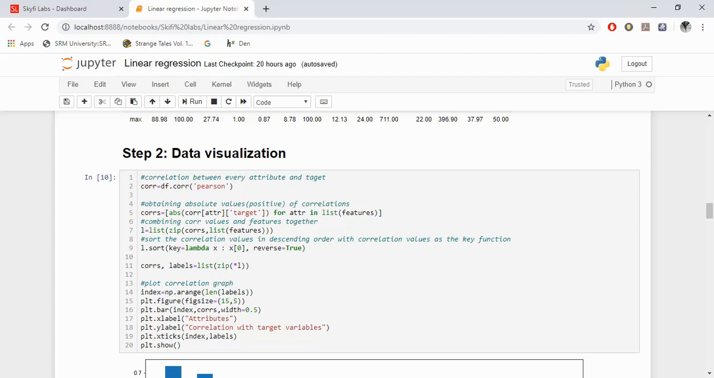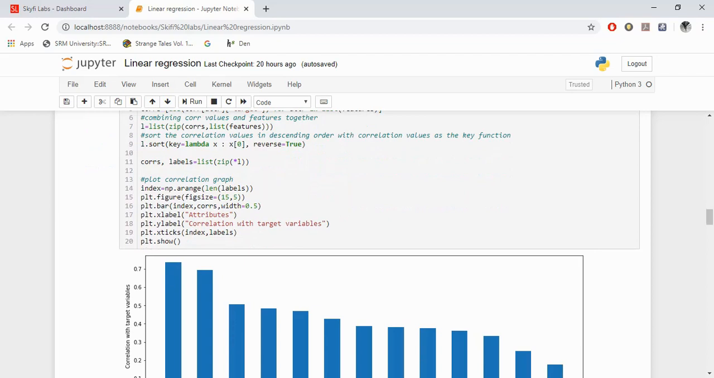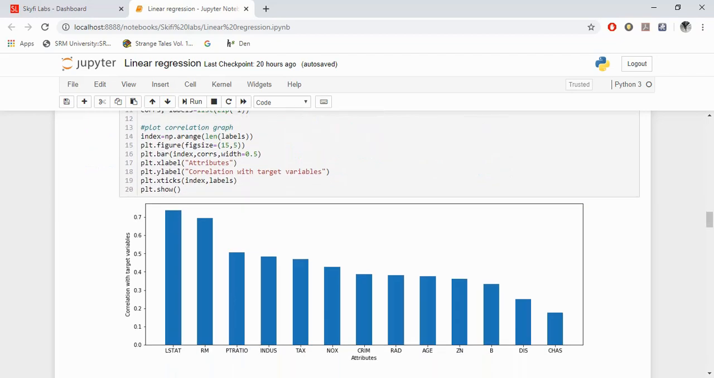We also will obtain absolute values for every attribute in the list feature, and then we can just zip them together in a list with the features and correlation value. Then we'll sort them and then unzip them again, and we can just use the matplotlib library to plot the graph against the attributes and see how they are dependent. We are taking the absolute value, so we'll get all the positive